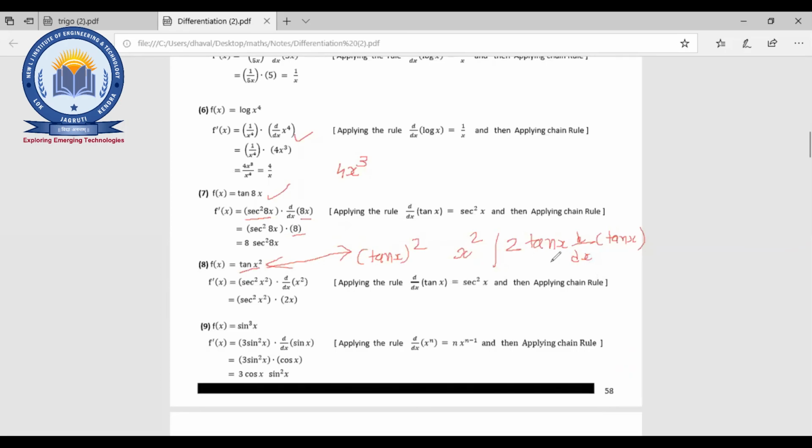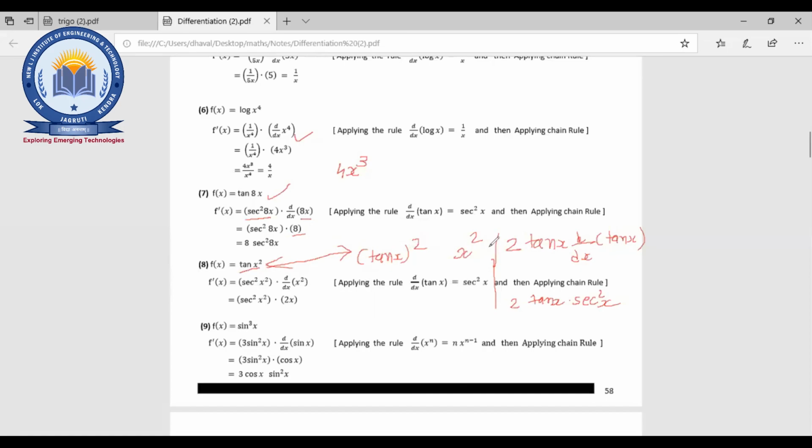2 tan x, x is not there, right? Someone has written that one. 2 tan x sec x, that is not, it's a sec square x. Okay, I'll write here only for this, right? 2 tan x into the differentiation of tan x, that is into sec square x. Fine, this will be the final answer. So just you need to remember where is the power, either of the x, that means whatever the angle of the tan is there, that there will be a power, or the whole thing, right? So just you need to differentiate, the answer will be the different one for both.